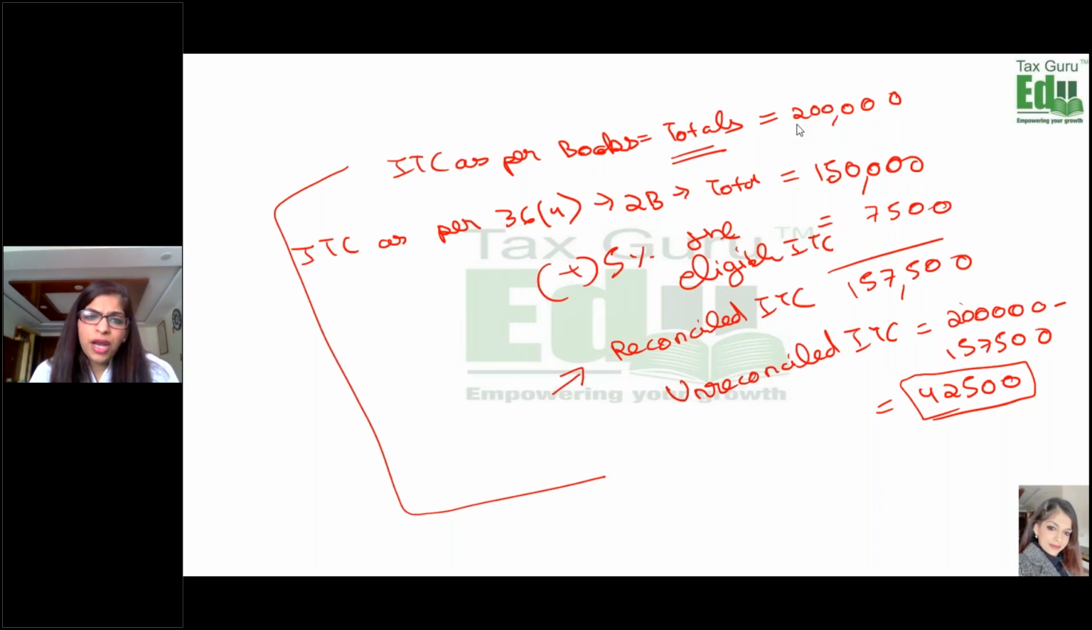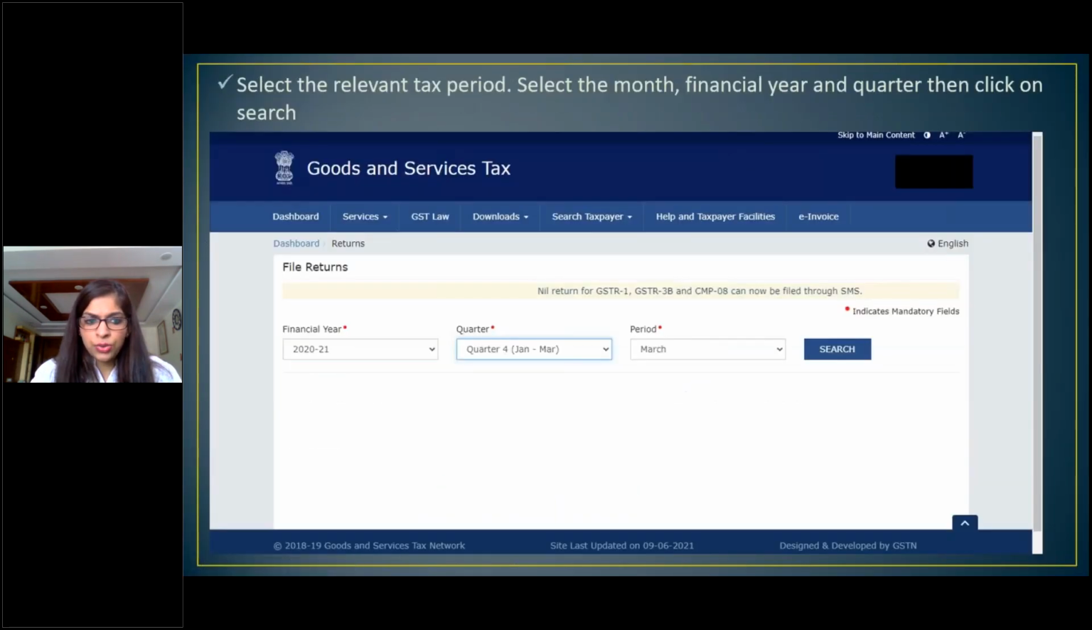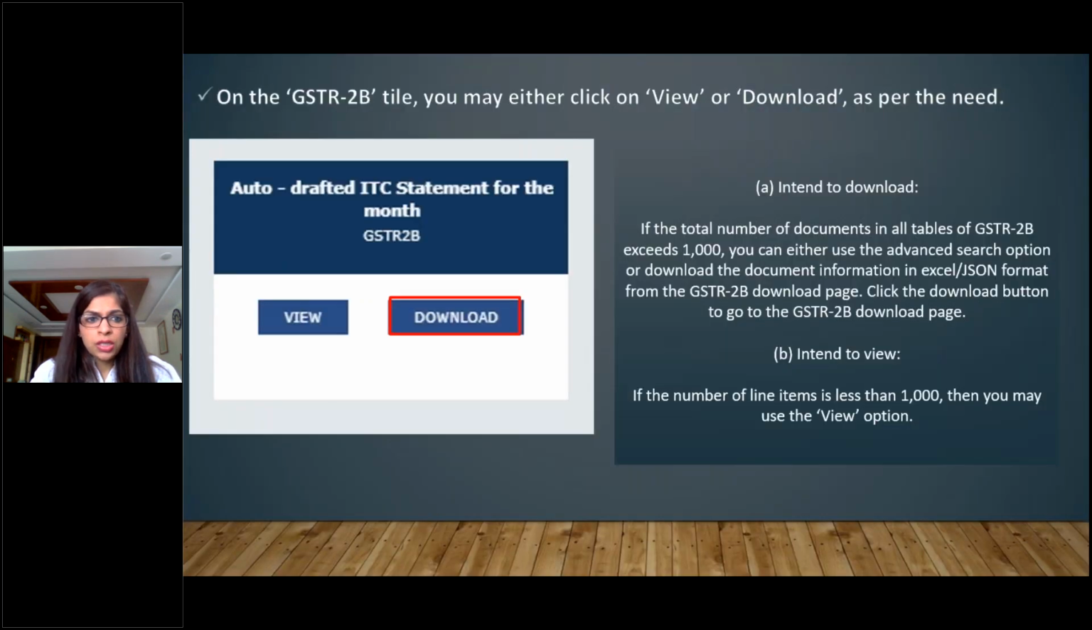Any specific format for Reco? See, sir, if you will go through that, this is the PPT I was taking to you. So return dashboard. This is your auto drafted ITC statement. So you always get your 2B statement in your return dashboard as well. You can download it. So even the GST portal is providing you a tool, an ITC matching tool. So if you'll go to that auto drafted ITC statement, you can download it. If the total number of documents exceed 1,000, you need to use the advanced search option or using the Excel